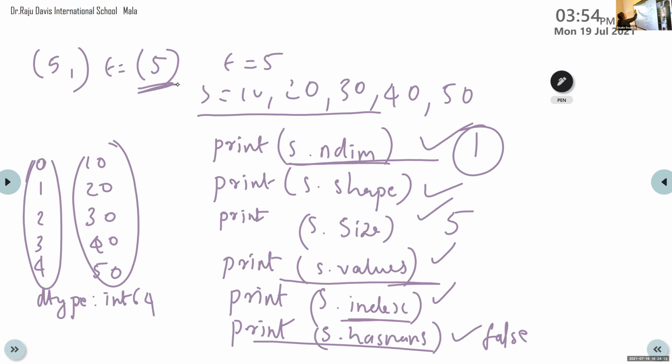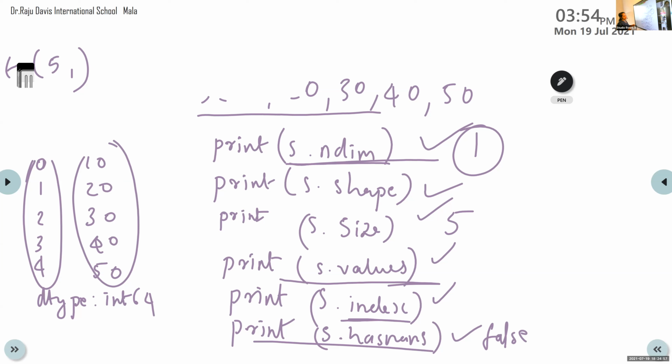A single value tuple is represented like this. How can we represent a single value tuple? Within round brackets, write the single value and give 1 comma. Then only it is used as a single value tuple. Is it clear? Is it clear, Ashish? Okay. Amal, how can we represent a single value tuple? In brackets, we should write the number and a comma. Yes, a comma is a must in the case of a single value tuple. Then only this value is taken as a tuple element.